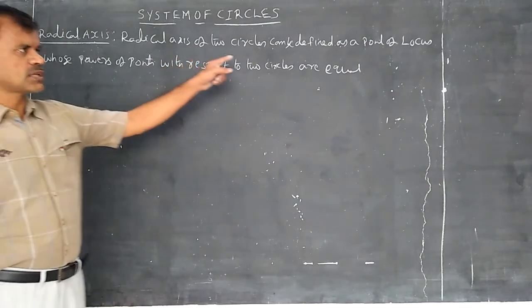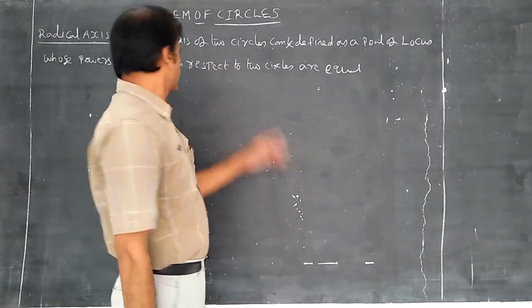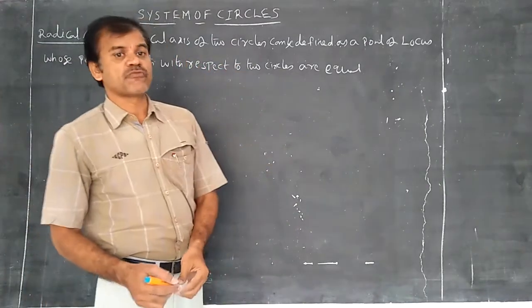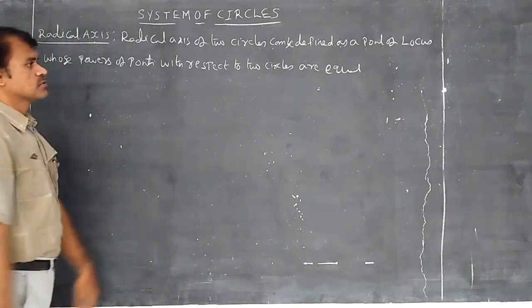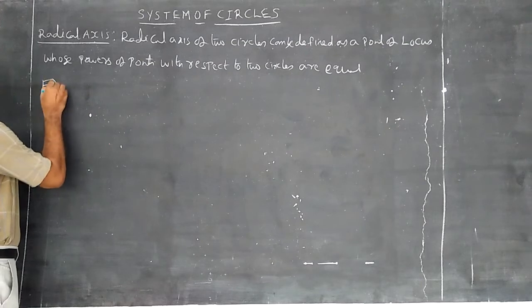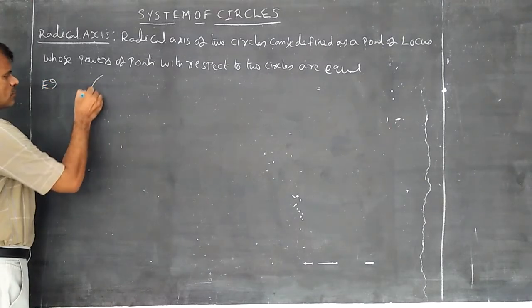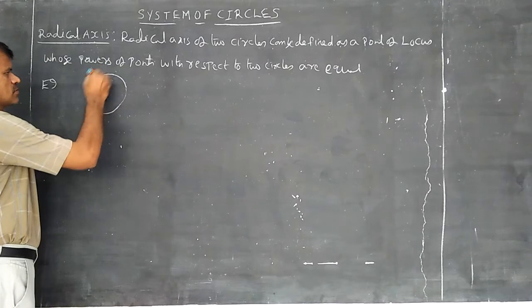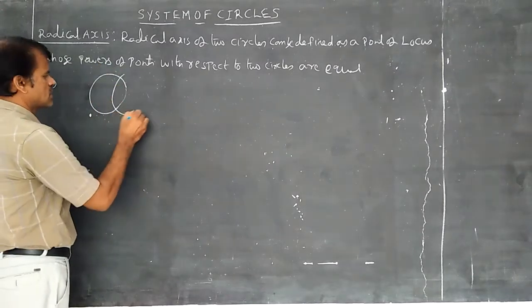Radical axis of two circles can be defined as the locus of points whose powers with respect to two circles are equal. That means, for example, if we draw a circle like this and we draw another circle